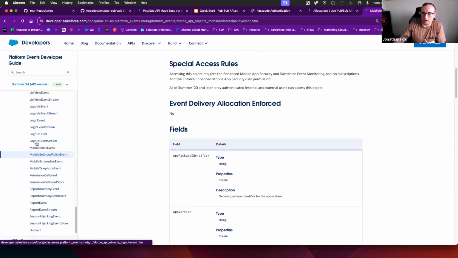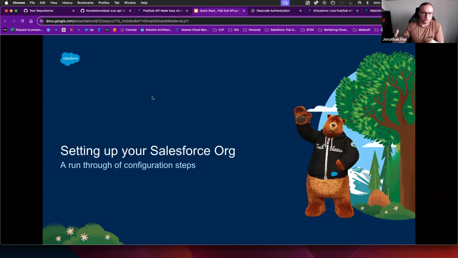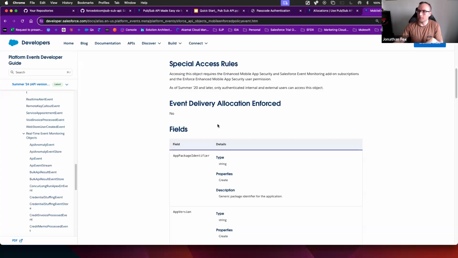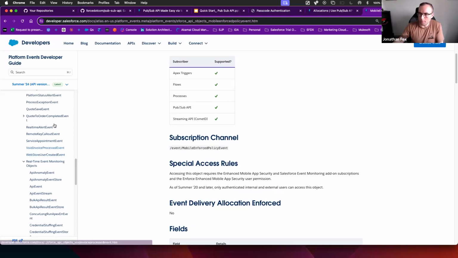Login events and logout events and things like that. So realistically for us, it made sense to use that event anyway because it's already been published to the event bus. And there are a bunch of others.